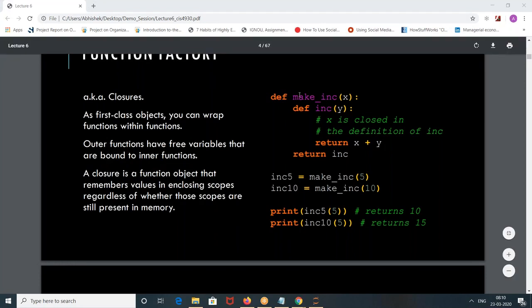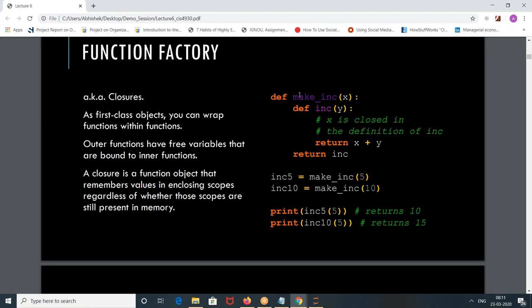So you guys see, this is one function, right? Within that, there is one more function. x is a variable for making, and y is a variable for ink.